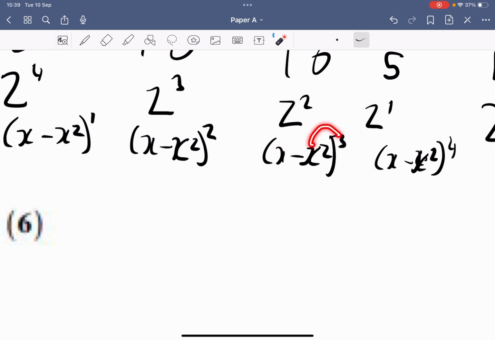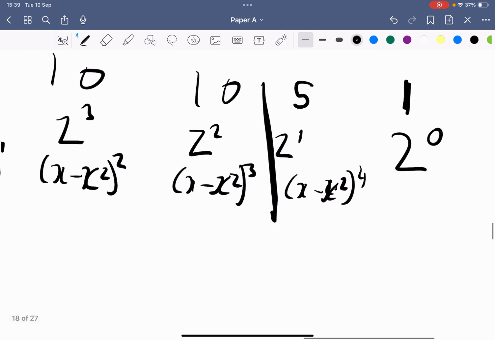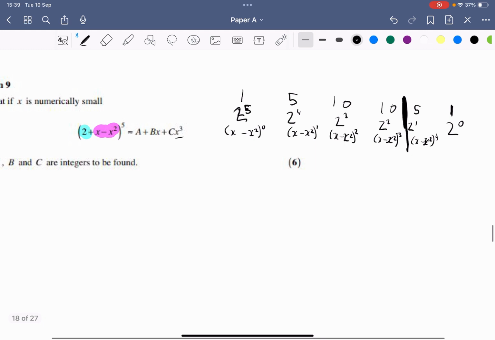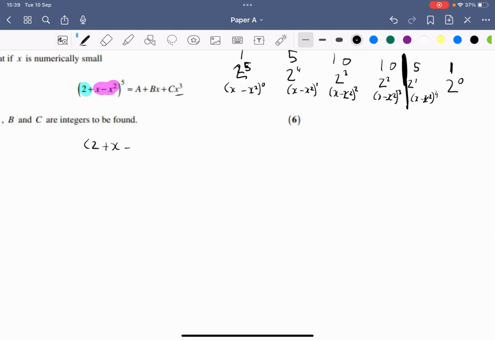We get an x to the power 5 term, which we don't want. We'd also probably get a power of 4, which we don't really care about, and also a power of 6, which we don't really care about. So here we get a power of 4, and that's our lowest term, so we don't really need that. So essentially we can just stop about here, and then what I can say is (2 + x - x squared) to the power 5 is equal to